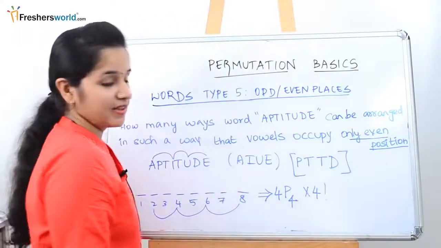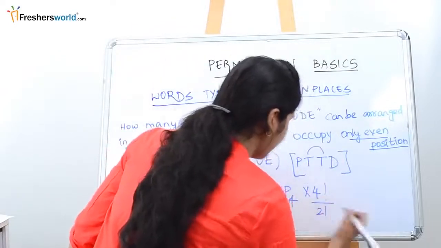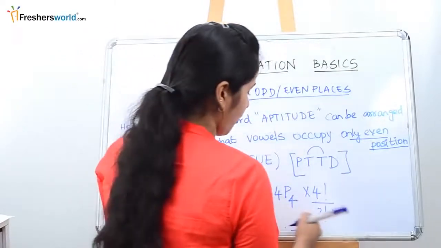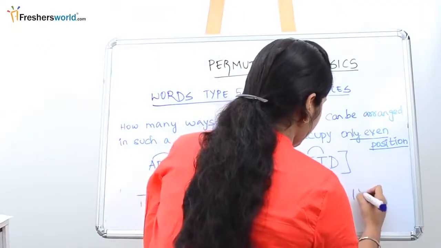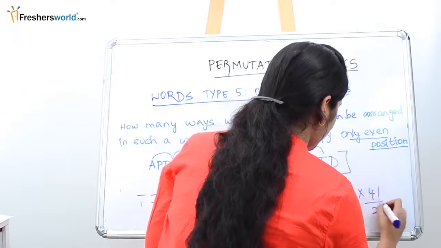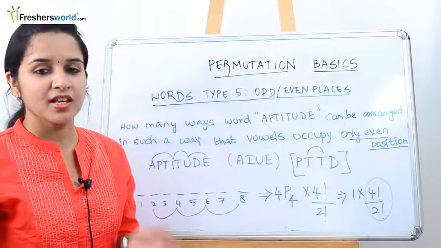But there's a catch here. You can see T is repeated twice. So what do we do? Divide by 2 factorial. So 4P4, if you do this, which is nothing but 1 into 4 factorial by 2 factorial. So once you solve this, you will know the number of ways the word aptitude can be arranged when the vowels